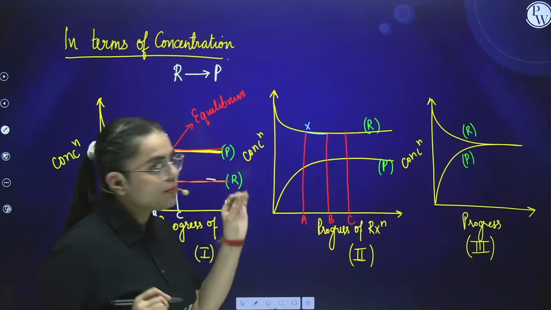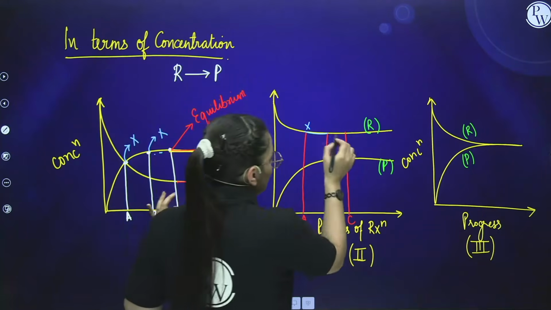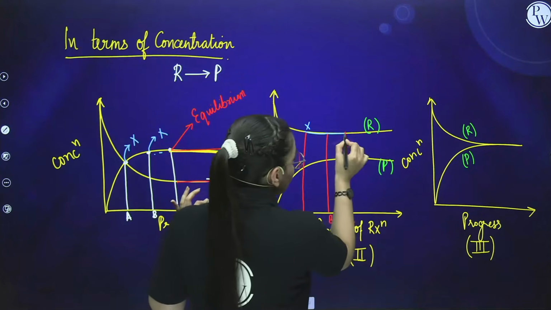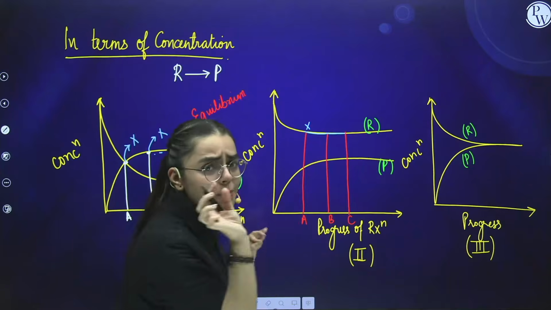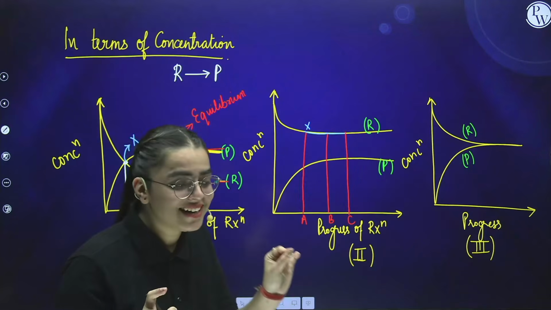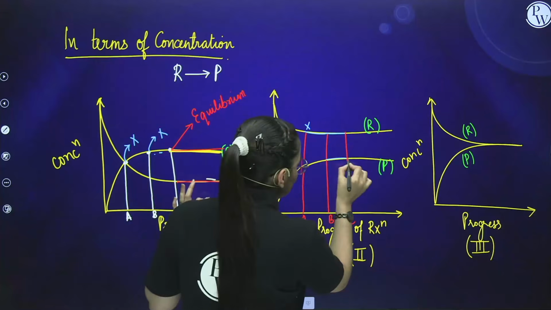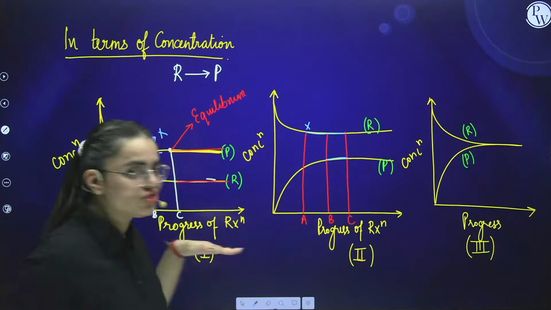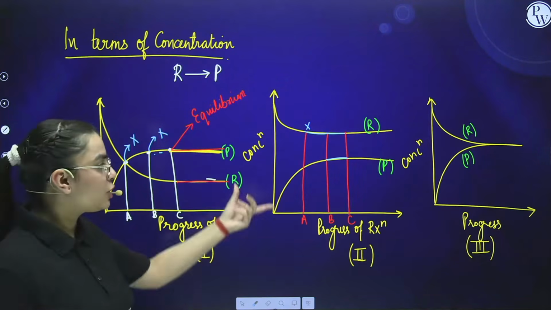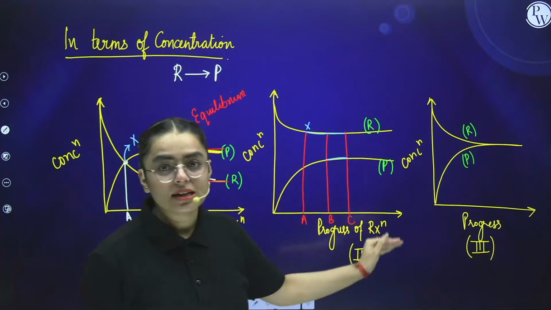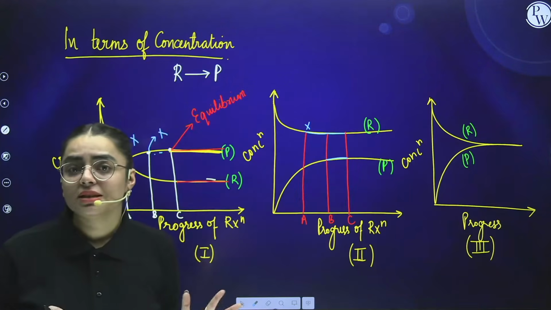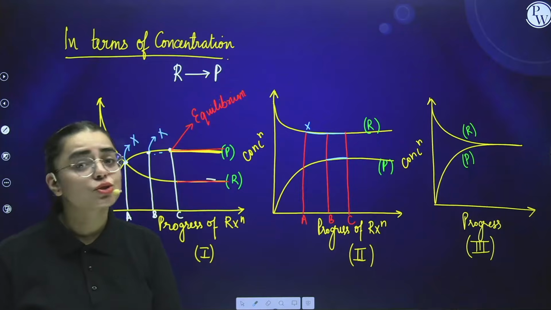If I talk about B point also, if you see, very slightly, here it is about to be constant. It is about to be, but it's not constant. It is a slight, very slight decrease. If I see over here, you can see there is a curve. There is not a straight line. That means, if I talk about the product also, it is still increasing from B to C. That means here also the concentration is not constant.